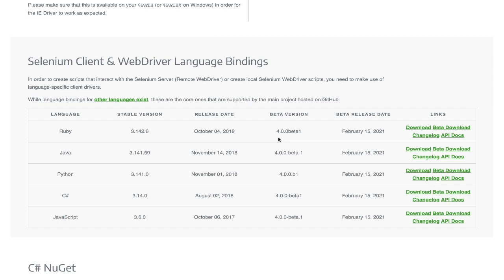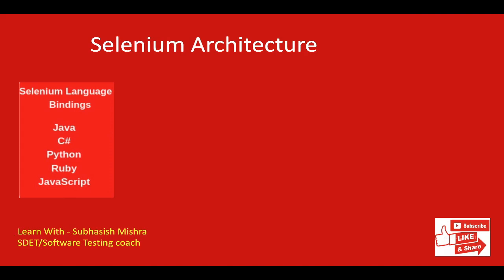So we'll move to the next part. The next thing is JSON Wire Protocol. So what is this JSON Wire Protocol? We know JSON stands for JavaScript Object Notation. It is used to transfer data between a server and a client on the web. So JSON Wire Protocol is used to transfer data between a server and a client on the web. JSON Wire Protocol is a REST API that transfers information between HTTP servers.